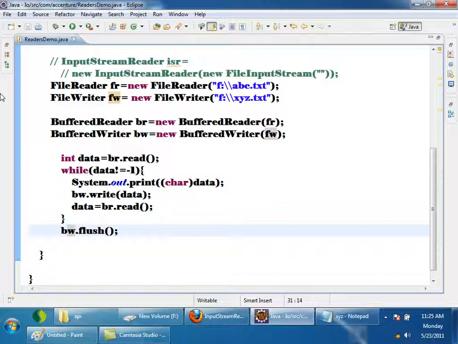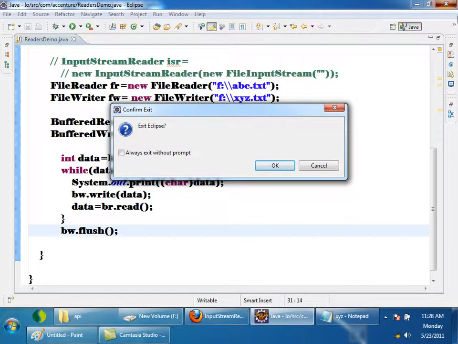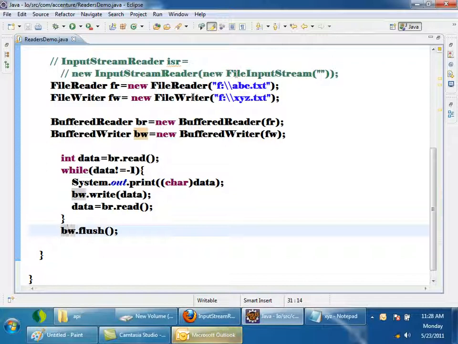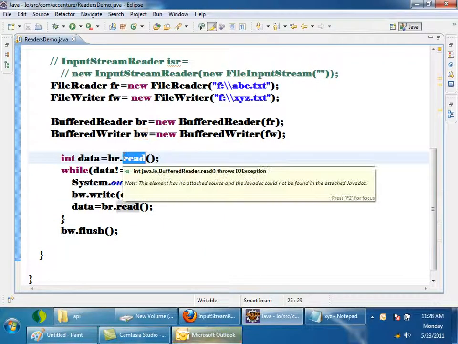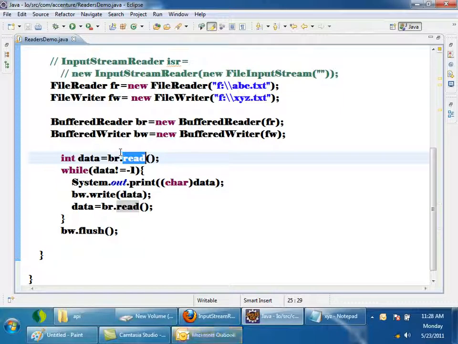Okay? Any doubts? I want you to do a small modification to this program again. See, by using BufferedReader, what am I doing? I am calling the BufferedReader dot read method. It will read one character, right? Again, it's buffering, of course. But inside BufferedReader, there is a method called readLine.